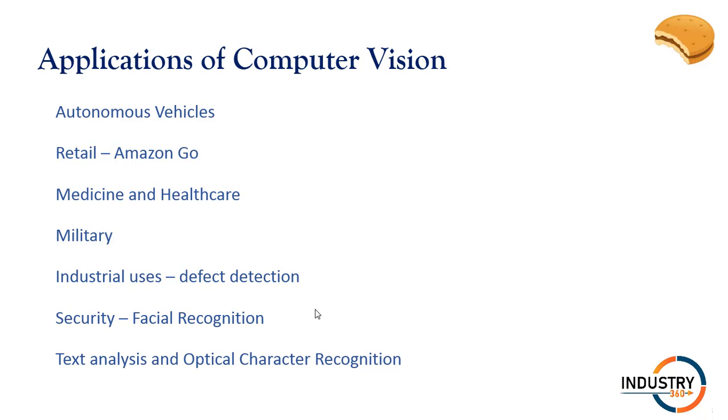Airports have started using computer vision systems for facial recognition and paperless travel. So the next time you go to an airport, you may not actually need to carry your passport even. Text analysis is so well established now that banks are using computers to read and process checks with more than 99% accuracy. So there are many areas where computer vision is already in use and many more where it can find possible applications. So that's all for this session.